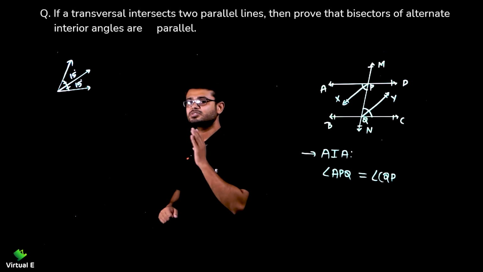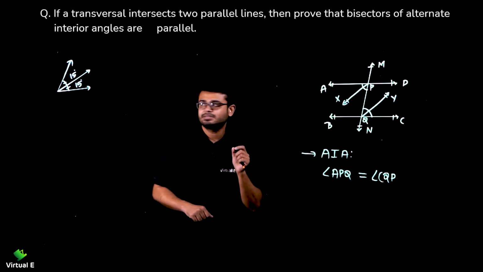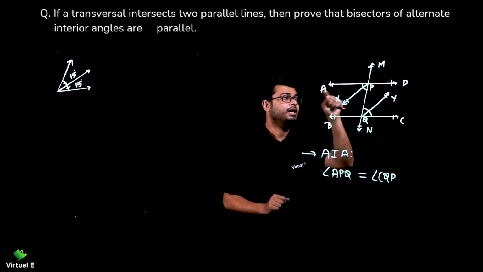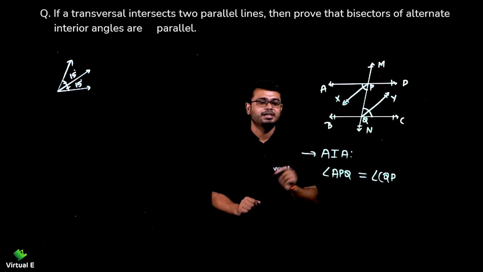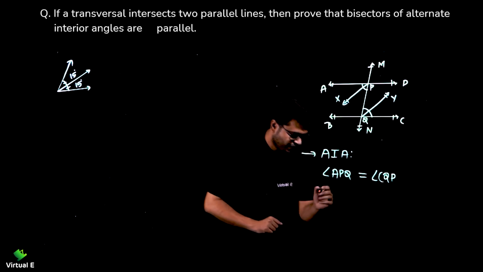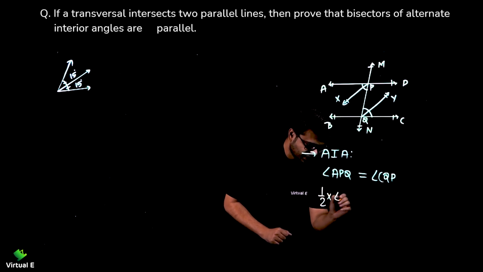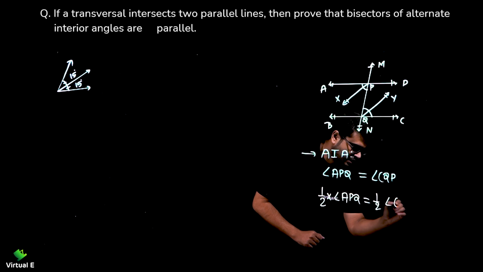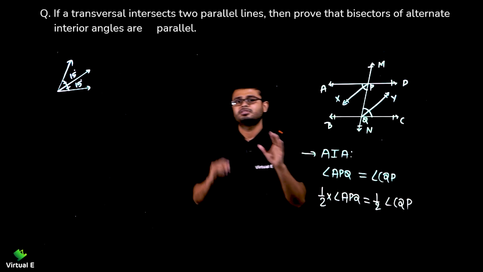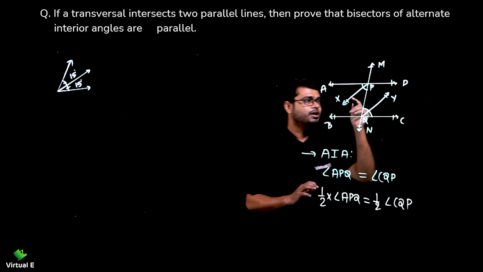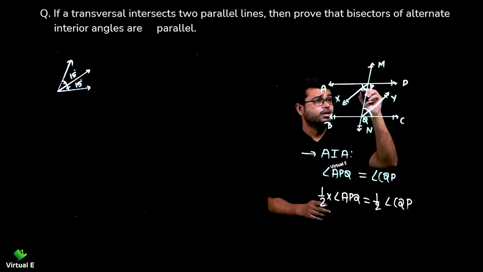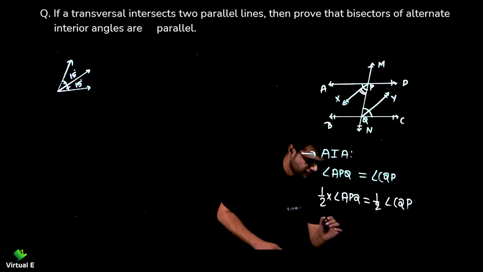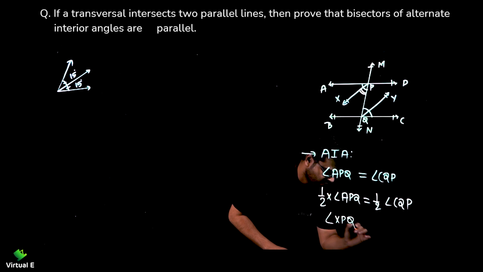Now what does a bisector do? Very important question. A bisector divides an angle into two equal parts. So this angle APQ, if I divide by 2, and angle CQP also by 2, right? So I have divided into half. So this will be what? Half of it. So can I name it angle XPQ? So angle XPQ over here,